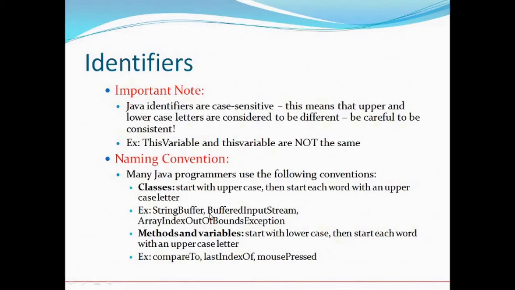Now, whenever you are making a class, this thing holds. Like BufferedInputStream: Buffered has a capital B, then Input is the next word, its first character I is capital, then Stream, and its first character S is capital. So whatever you are going to do with the naming of classes, you have to follow this. Okay, then it will be much less confusing when exchanging your code with other developers or programmers, your counterparts. You can also see that ArrayIndexOutOfBoundsException is a class, and it is also written in this particular fashion.